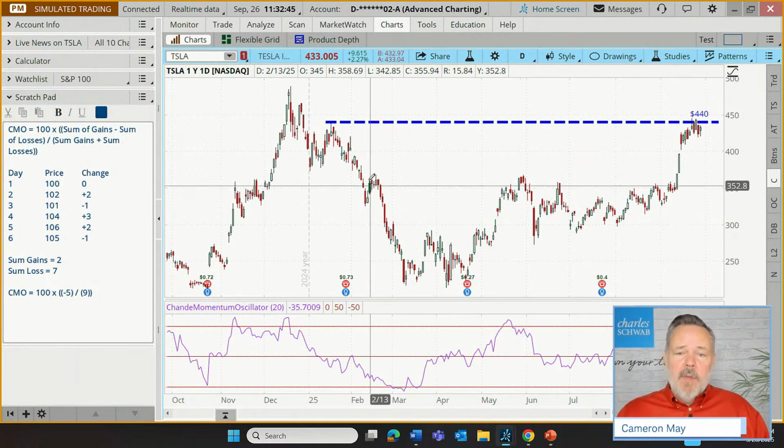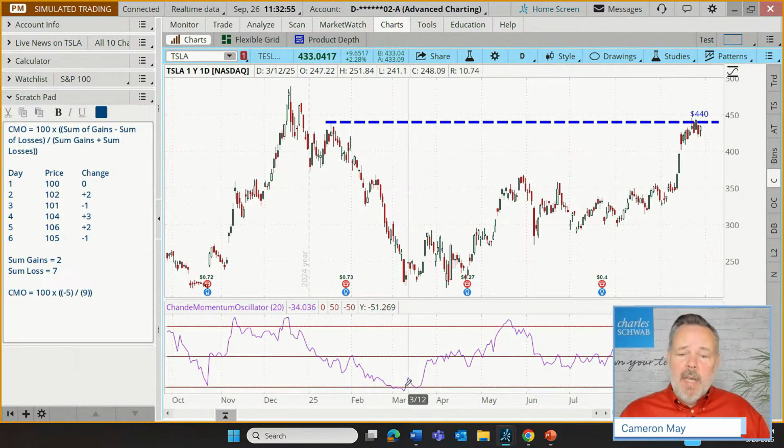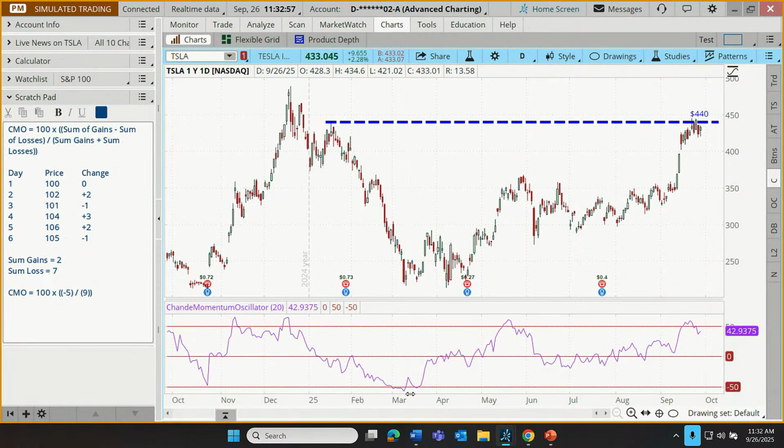On the other hand, if we reach extreme lows as defined as being below minus 50, you can see that doesn't happen very often on this chart. For Tesla, we've only gotten below minus 50 once, had a really near miss right back here. We got below minus 50 once, actually twice if we count this sort of double dip there. So the signal becomes as we dip below minus 50 and then rise back up through that minus 50. I should throw in the minus every time, but I think you get what I'm saying there. That can be the entry signal.